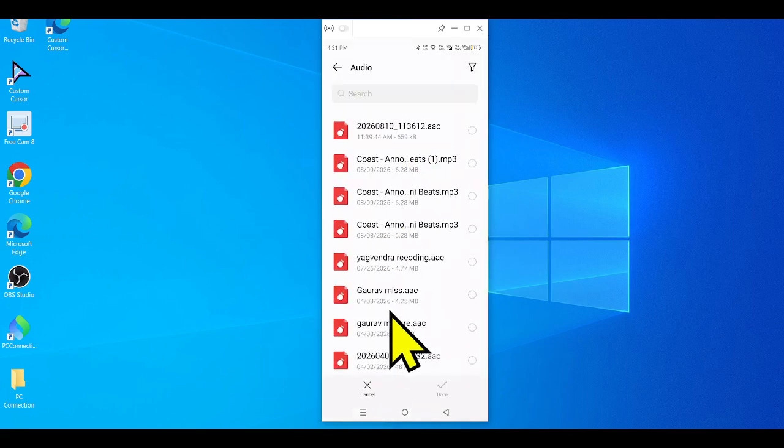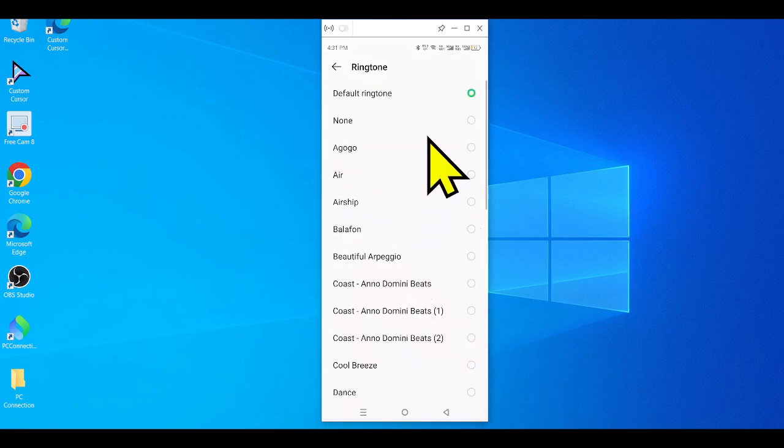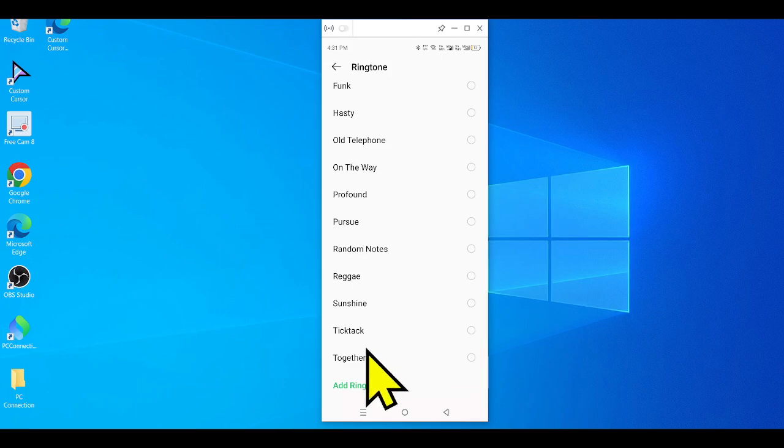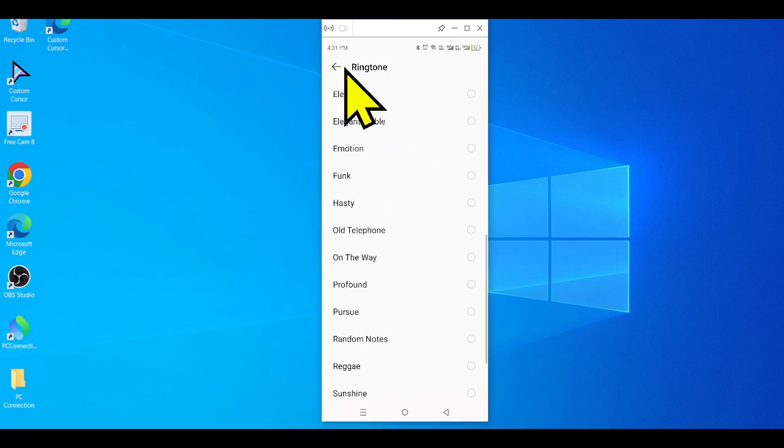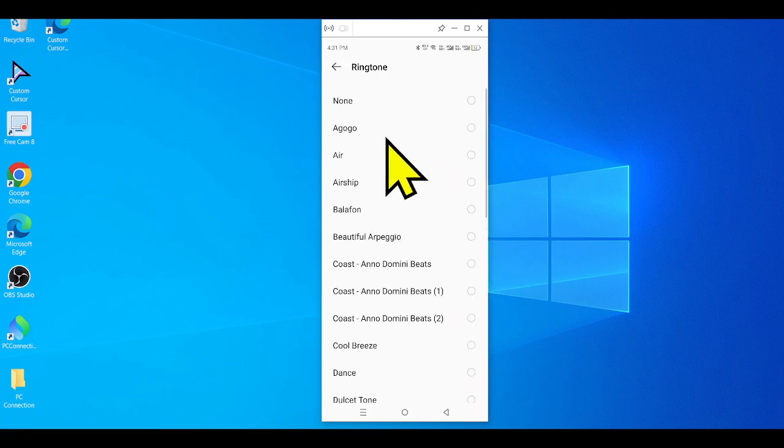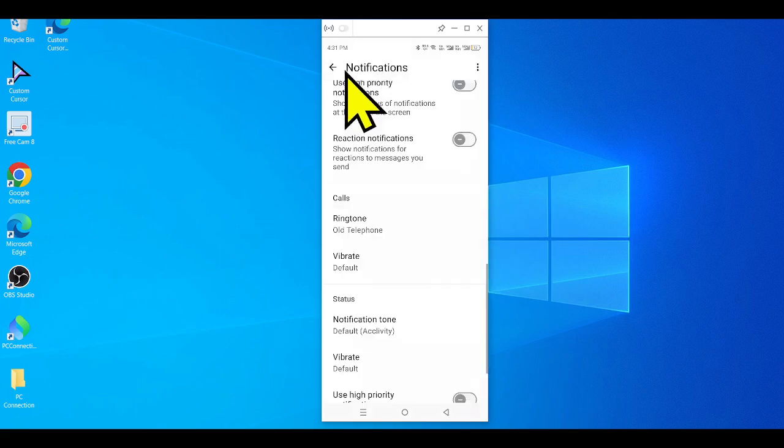So this is my song, my favorite. So choose this song and done. Okay, and select your personal song. If you do not have a personal song, then choose any ringtone here. Okay, or go back. You can see